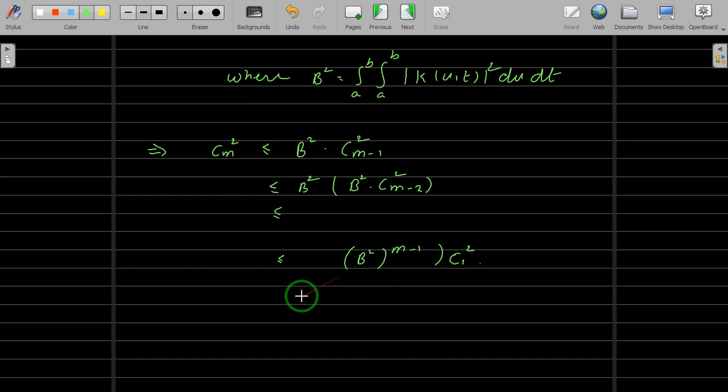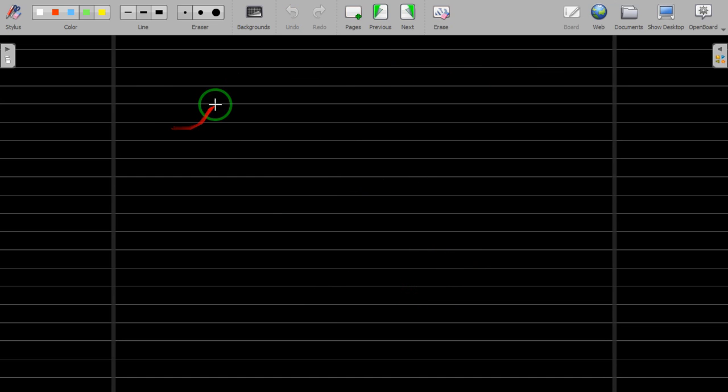So altogether I can write this same as b raised to m minus 1 c1 the whole square. You take squares on both the sides, this is common, and then you write it with the laws of indices and all. So with this inequalities, your equation 1,